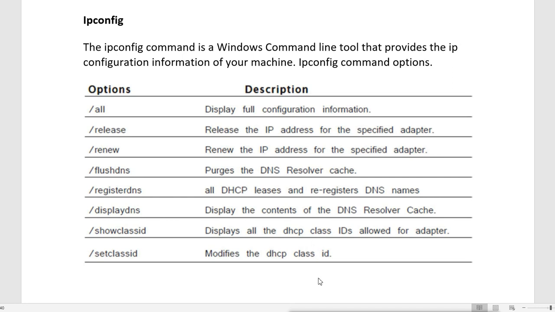If the DNS server is configured to update the records automatically, then whenever the DHCP changes our IP address, our machine will update the record automatically. Now if the DNS server is configured to update the record manually, then whenever our IP is changed by the DHCP, it is not going to update. You have to change it manually. That means the DNS server administrator has to change the IP address manually there.